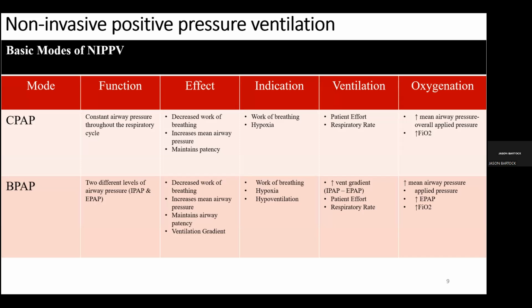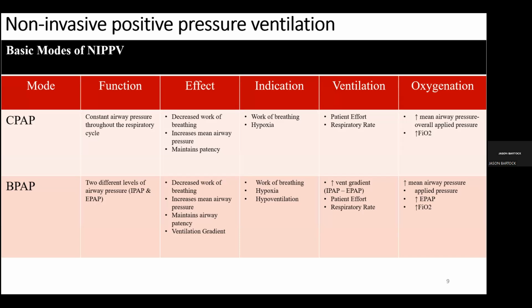If I want to clear more carbon dioxide, I want to enhance that gradient. So going to 15/5 gives me a gradient of 10, allows me to better clear carbon dioxide. If I want to enhance oxygenation, just like I would on the ventilator, I could increase the theoretic PEEP, which